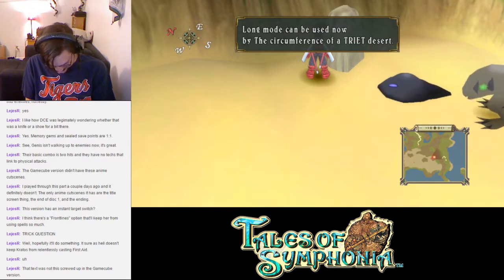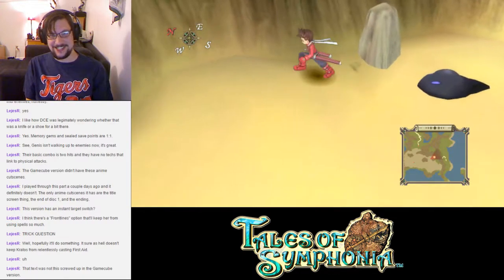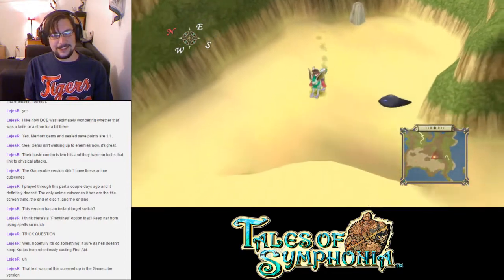Well, now let's go ahead and navigate the circumference of a Triot desert. No, it's usable by the circumference of a Triot desert. So, I don't think it's a party member yet, so...